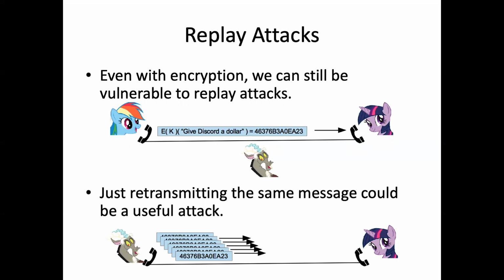Sorry, I didn't introduce the participants for those of you who haven't seen the lecture that I recorded yesterday. Like I said earlier, I'm trying to illustrate some of these types of attacks using characters from My Little Pony, because when I made these slides, that was a show of great interest to my younger daughter. This character over here is Rainbow Dash. She's a good character. This character over here is Twilight Sparkle. She's also a good character. And this guy here is a dragon named Discord. And he's mostly a bad character. He's the one trying to eavesdrop on their communication or trying to modify their messages.